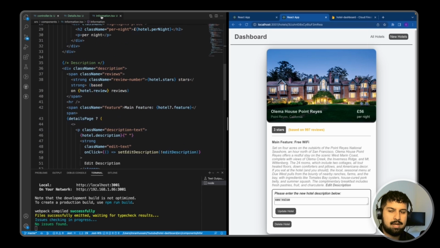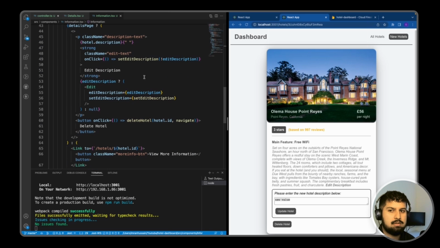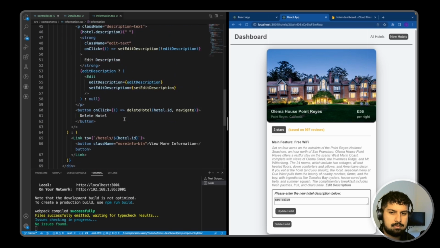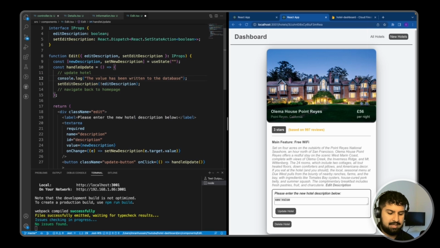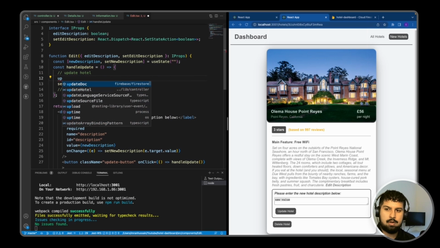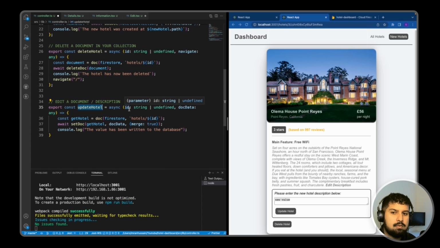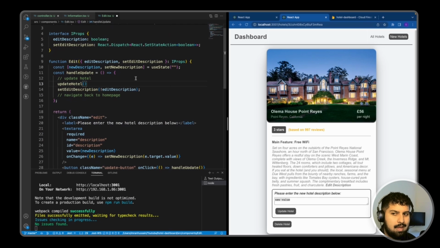So if I go into my information here, as you can see, we are deleting the hotel, which is correct, but we now need to go into the edit component. So if we click through to the edit component in here, we now want to update the hotel. So bring in the update hotel function from our controller. And if we go into our controller, we can see here we need to pass an ID and the new doc data in here. So if I just close down the details page, and if we go into edit, so